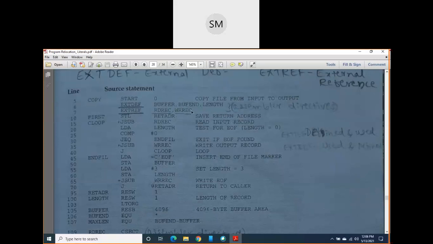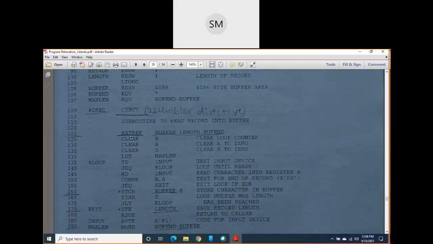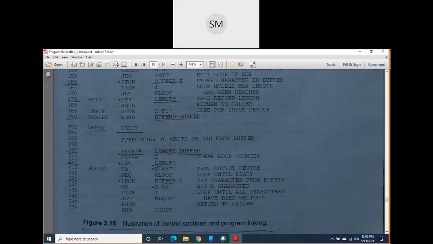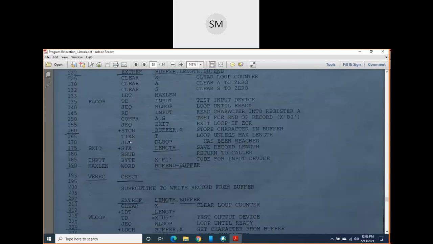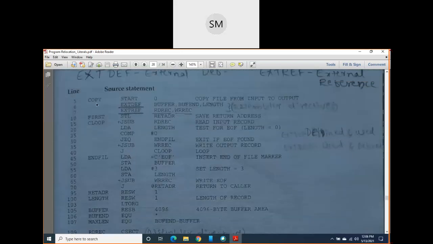Read record and write record. These symbols are used in the copy control section, but they have not been defined here. They are defined in the control sections read record and write record. So for the copy control section, read record and write record are external references.